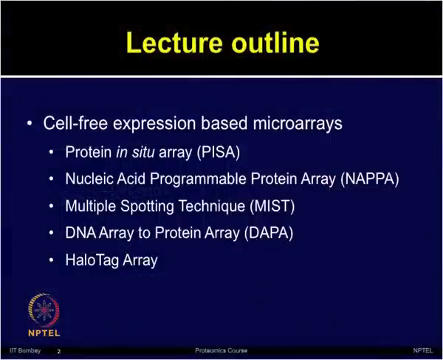So, in today's lecture, we will talk about cell-free expression based protein microarrays. I will give you an overview and the principle of various cell-free expression based protein microarrays.